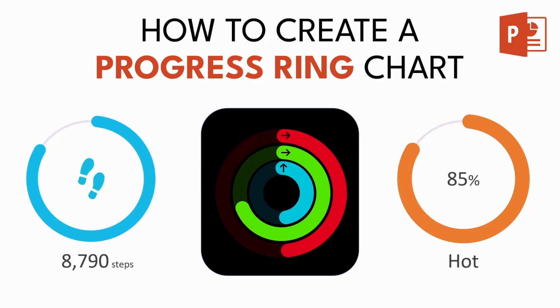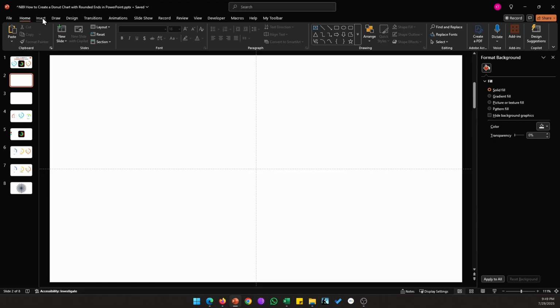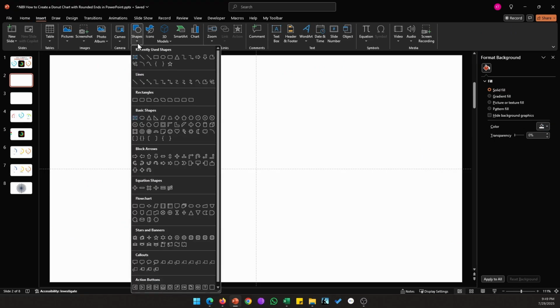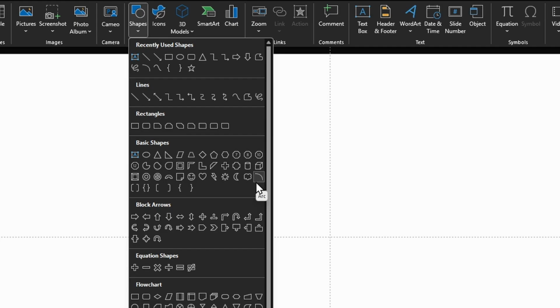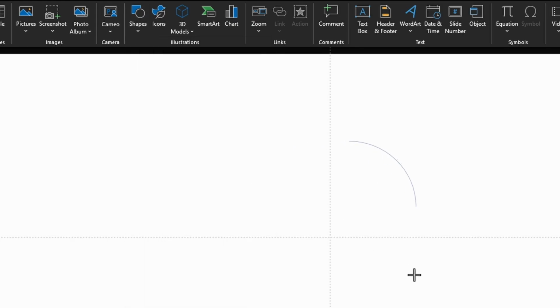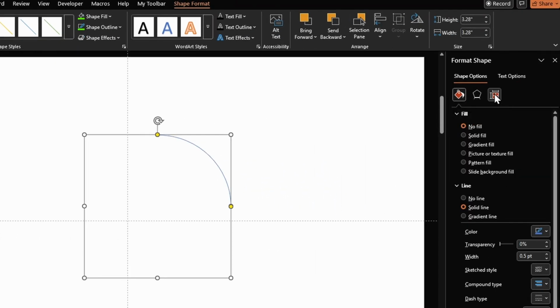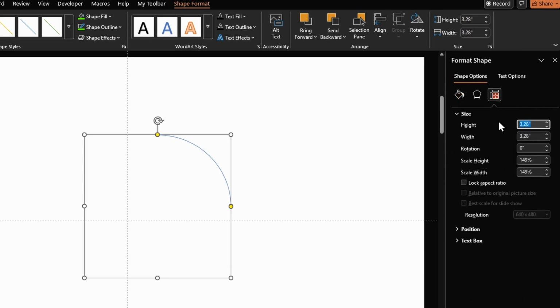Hi everyone, in this video we will look at how to create this progress ring chart, also called a radial progress chart. On a blank slide, go to Insert, click on Shapes, select Arc under Basic Shapes, draw an arc, then on the right hand side, click on Size and Properties, enter a height of 3 inches and width of